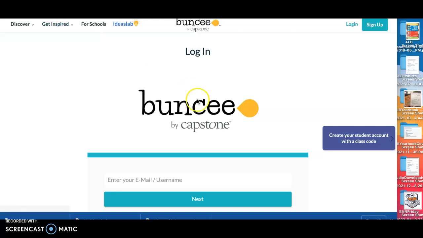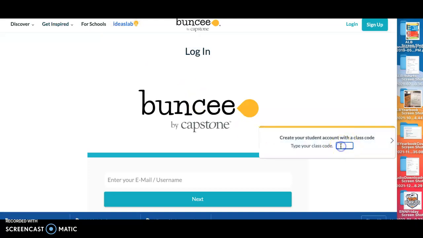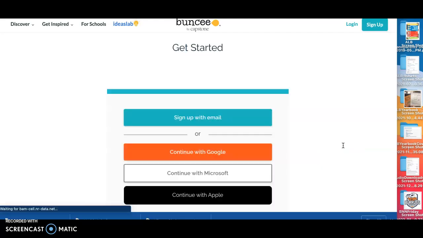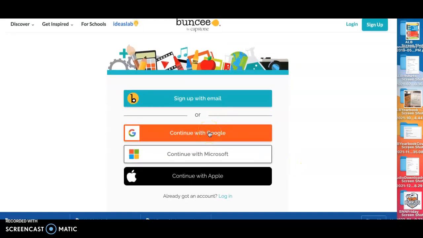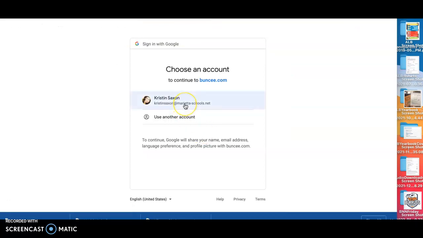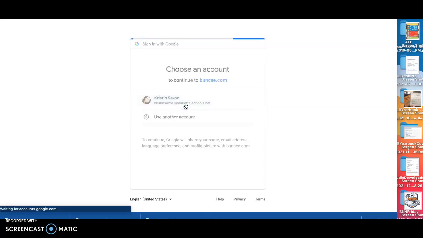So I made a code for second grade, and I'm going to type this in. It's D2BS. And so if you press enter to continue, this is going to add you to the class, and it's going to ask you to do your email. So this is like how you do with Schoology. So this is my account, but you could do your number in the marietta-schools.net. So I'm going to click this in,